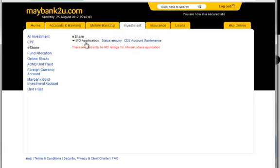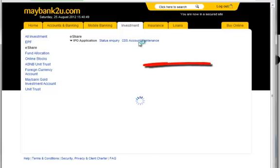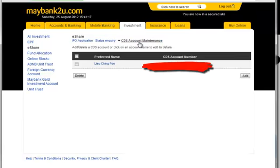However, there are a few details that you need to fill in before you apply. This column says there's a CDS account maintenance. Make sure you have a CDS account. If you don't have a CDS account already linked to your Maybank2u, you can just see the add button over here, just add this account, and this will associate your IPO application with your CDS account. And after you have applied, you can check for the status inquiry,